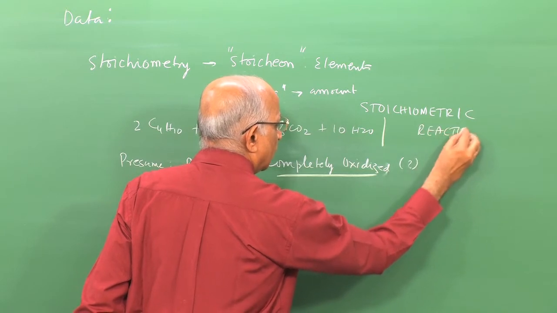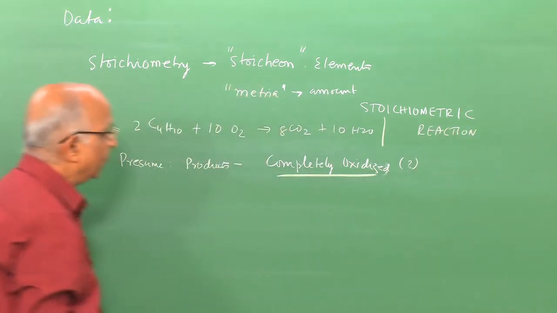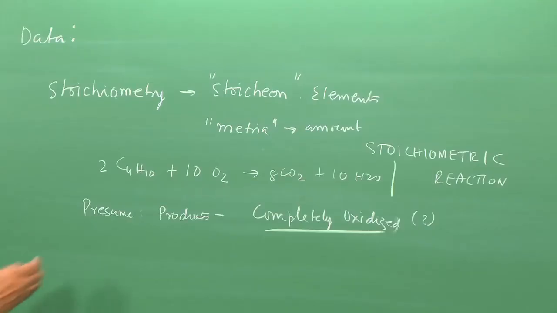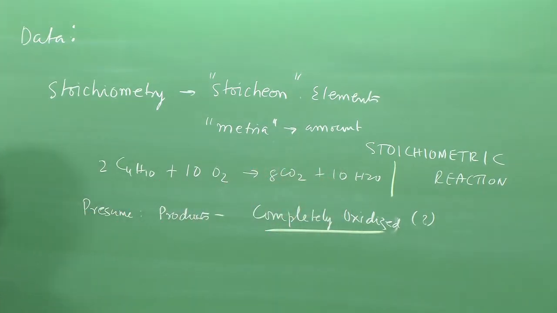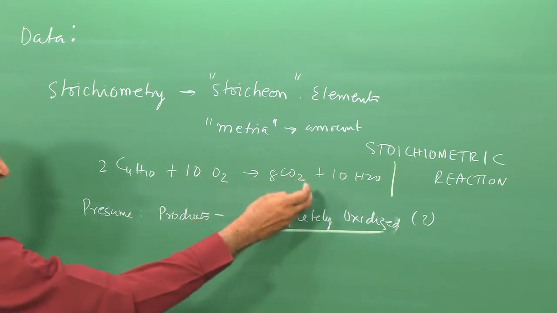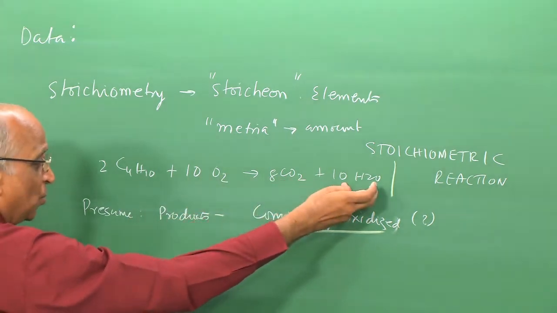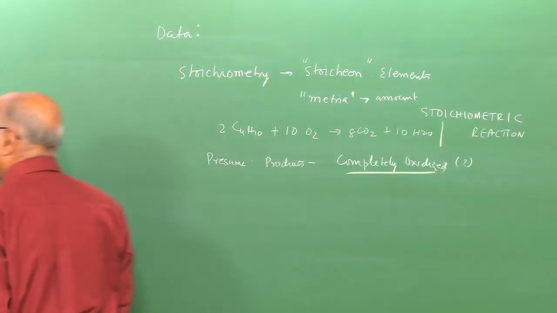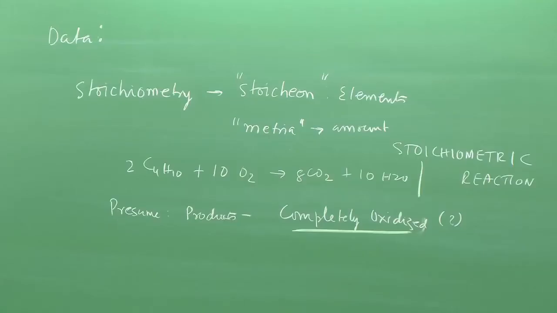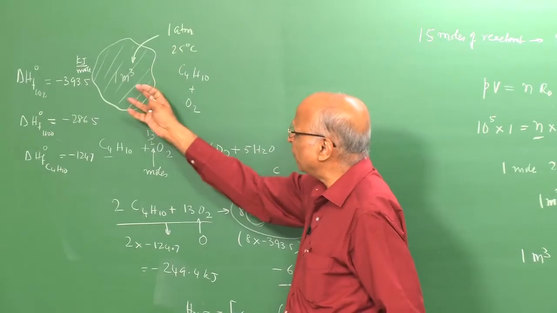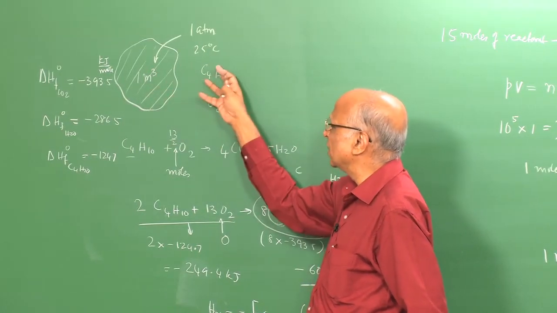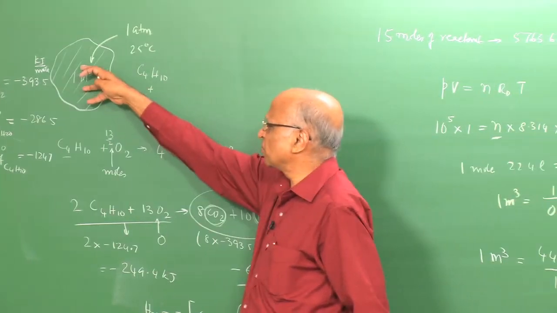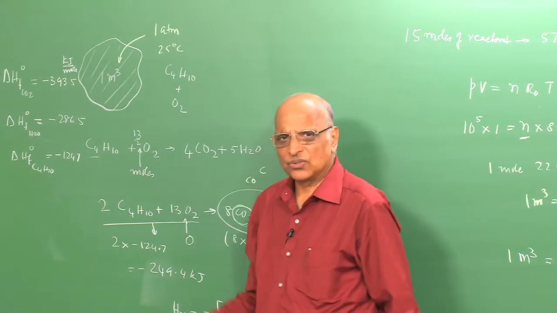Therefore, under the assumption that the reactants form fully oxidized products, I know CO2 and H2O are formed, and now I can calculate the energy which is liberated from 1 meter cubed, or if I say so many kilograms, I can convert this to kilograms and find out the energy released by the explosion of this particular substance.